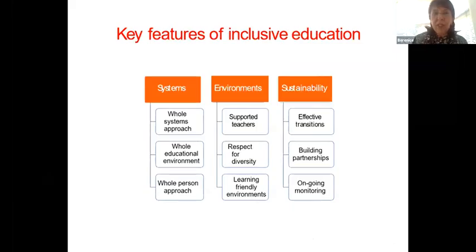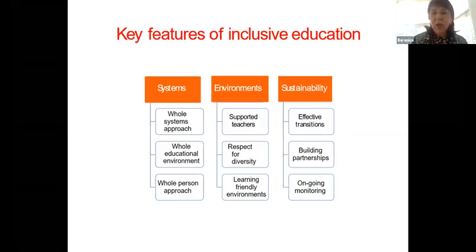This is just a slide on the key features of inclusive education. It's a whole system approach. It's not just about what happens in the classroom. And you'll see as we go through the CIAS, it's a whole educational environment. It's about the whole person.